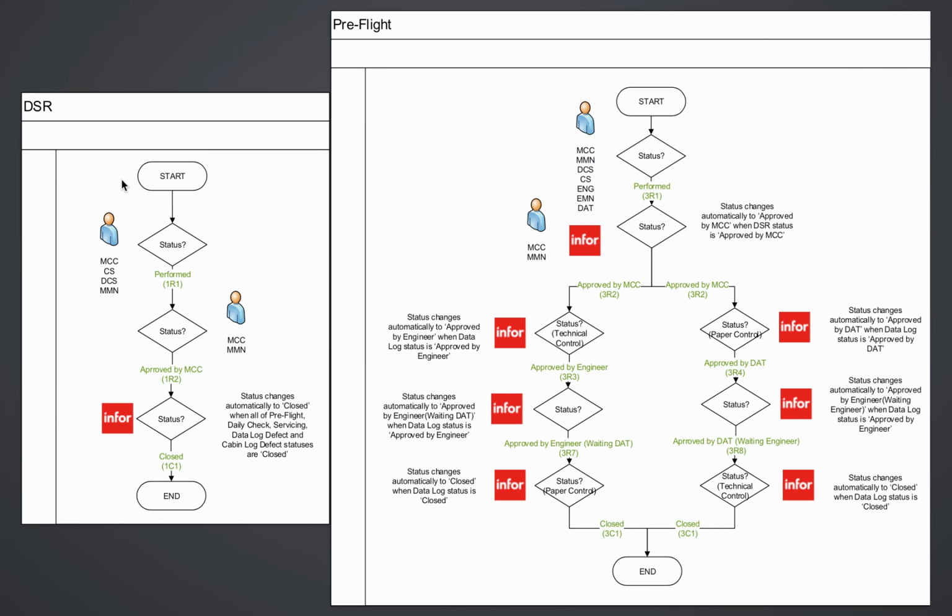And here is the DSR system. For DSR, actually, there are 2 groups missing. Also, DSR can be opened by the engineering department. After the engineering department opens it, there is a process for the DSR to get approved by the MCC department. After MCC department approval,